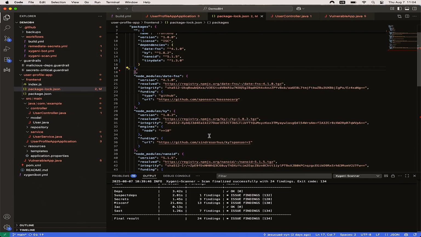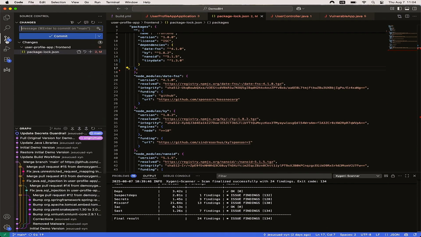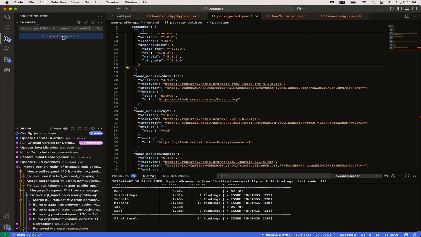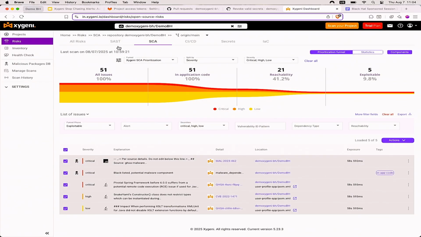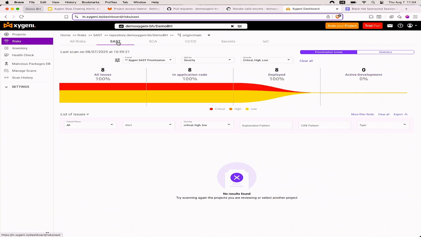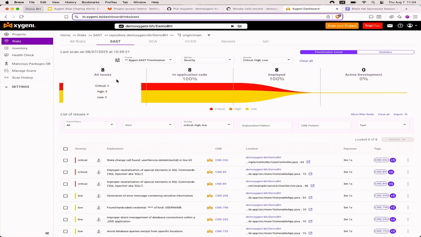So we update everything. We have removed the malware manually, and we have created a pull request to solve the rest of them. And if we switch to the SAST part, we have each of these vulnerabilities.